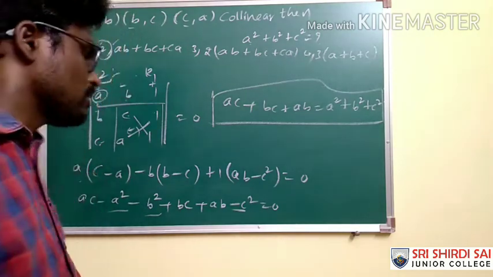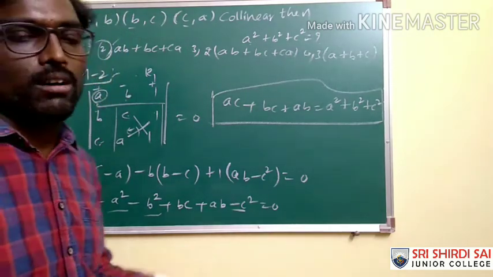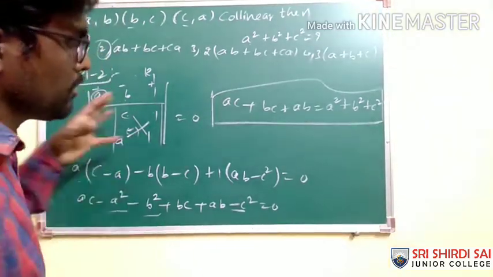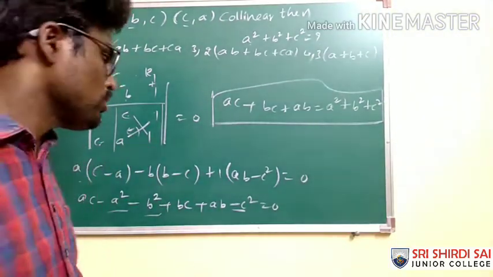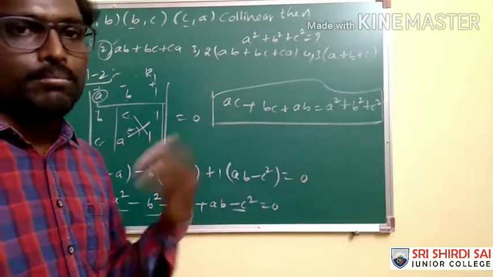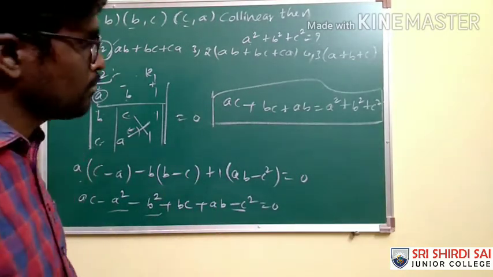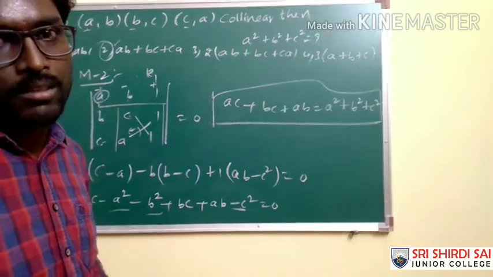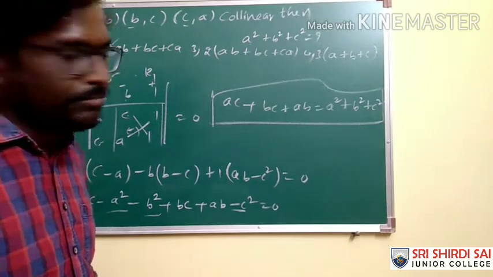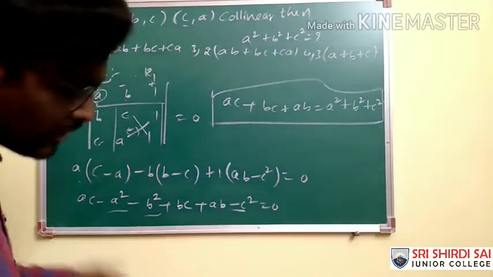So this is the reason you are supposed to be in touch with all the types of standard results, so that you can do some applications easily. I can tell you this method may take some more time than the previous method. More time in the sense maybe 10-20 seconds here and there, but that is also very valuable in the objective part. Getting my point? Fine. Let's go ahead with the next problem.